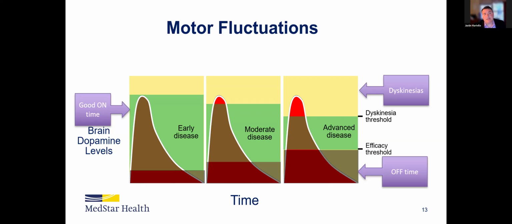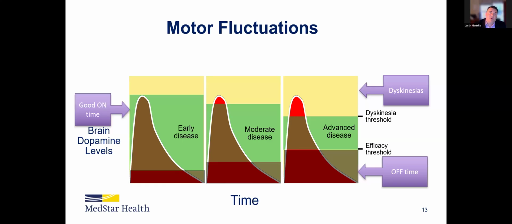And as the disease progresses, this window, what we call the therapeutic window, or the window where you feel really good with the medicine, no matter what the dopamine levels are, tends to narrow over time. And so it's harder to hit that sweet spot of the therapeutic window as the disease progresses. That's why you see a lot of times people like Michael J. Fox, who's had the disease for over 30 years now, who has dyskinesias all the time. People will ask him, and first of all, he doesn't even know it half the time, and they can be pretty violent, right? But also, he says, well, listen,